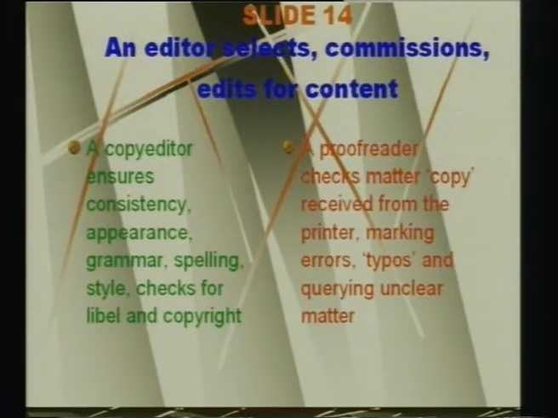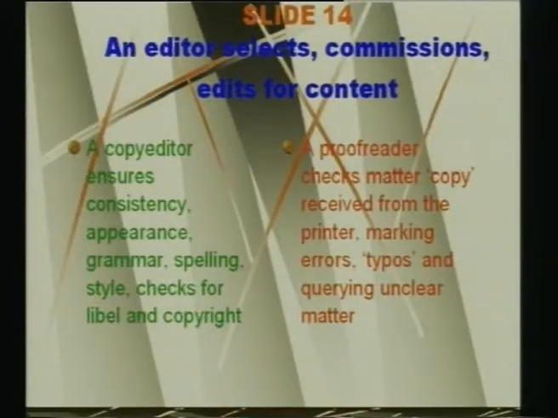A copy editor ensures consistency, which is to say there are certain names that are spelt in a variety of ways, each equally acceptable. So, for example, if there is a name like Verma, it might be spelt VERMA by the author in one place and VARMA by the author in another place. The copy editor will check this and get back to the author to ask which of the versions he actually wants to use and ensure that that version is followed right through.